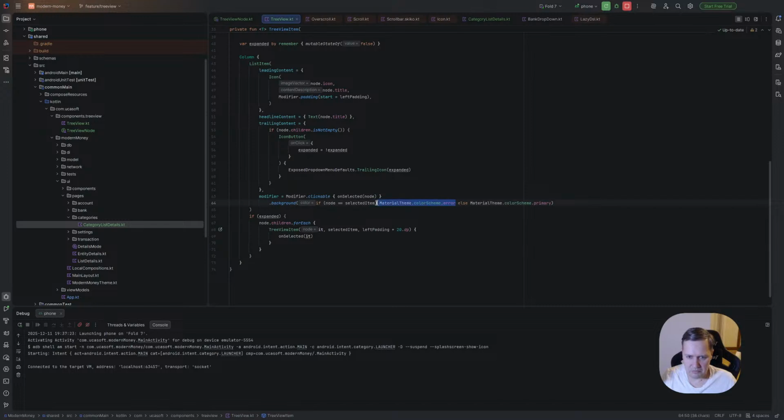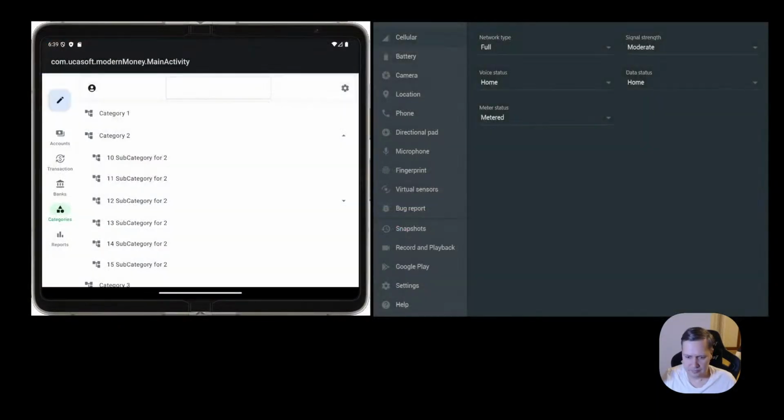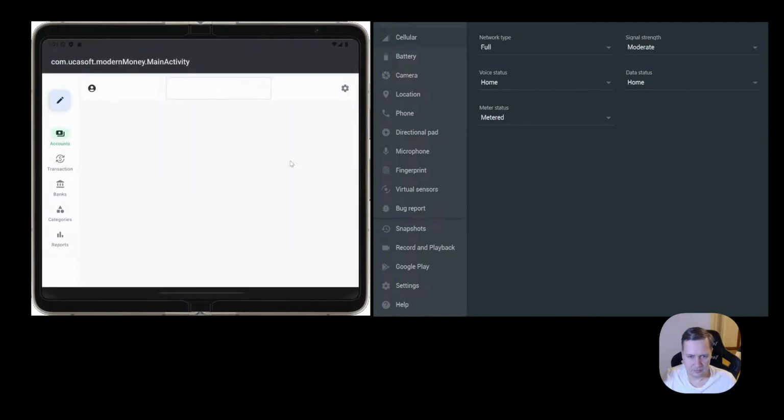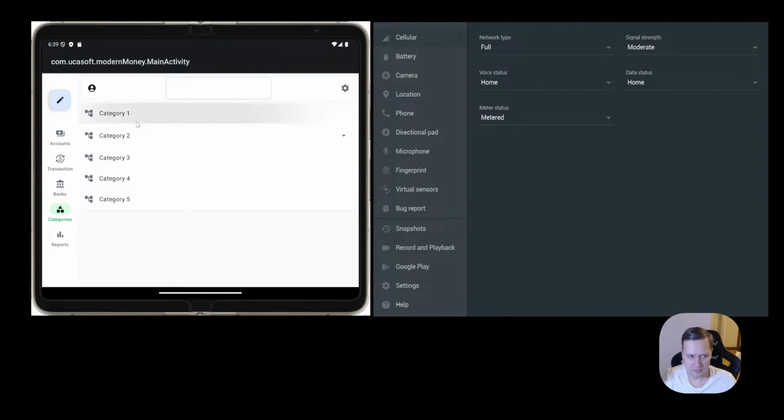Let's use just Color.Red, and otherwise use Color.White. Still doesn't work.